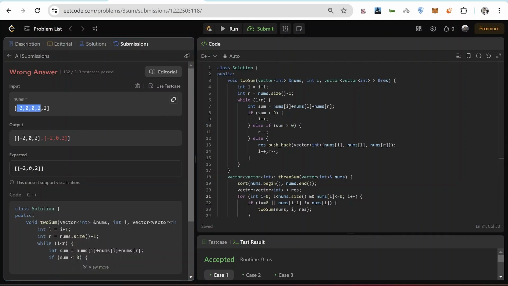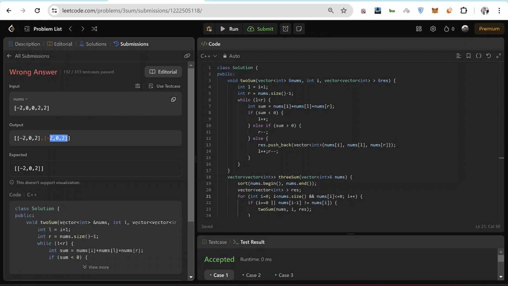Okay, for this input test case we are still getting one more duplicate, -2 0 2 twice. So -2 0 2, we move L and R, we again get 0 and 2.